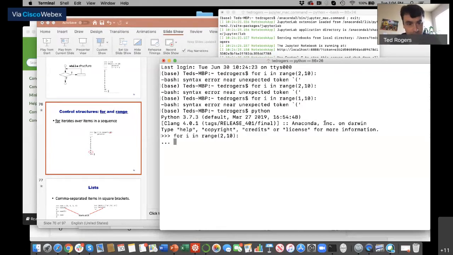Don't forget the colon. Print i. And you start from 2 rather than from 1.